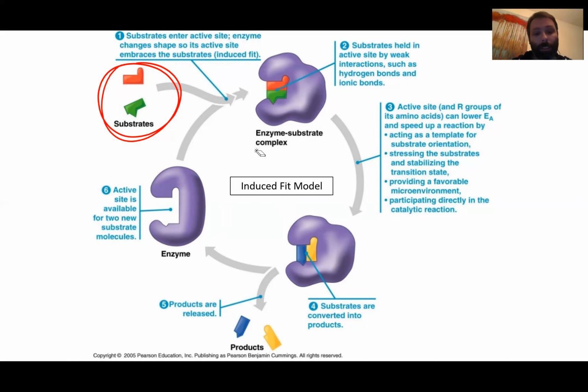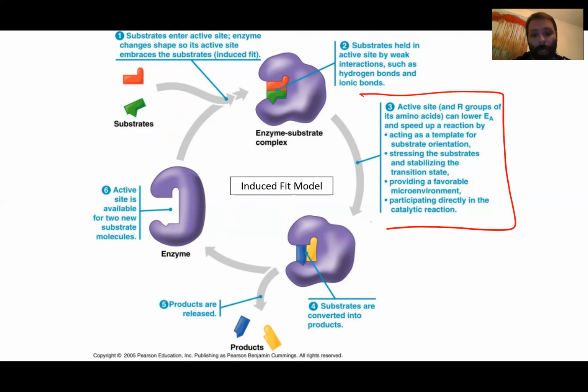If you look at this image, you can see that the shape of the purple protein here is not the same as it is here, right? And so when the substrates fit in there, the enzyme clamps down, and then the action happens. You don't have to explain the action, right? But through various chemical means, there is going to be a lowering of activation energy, and out pop your products,